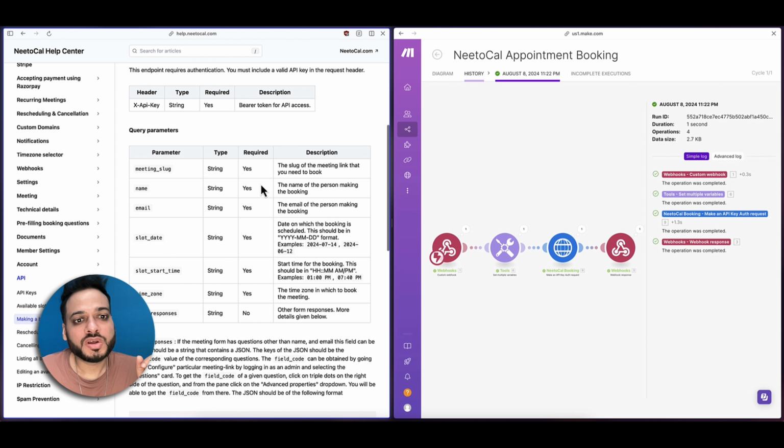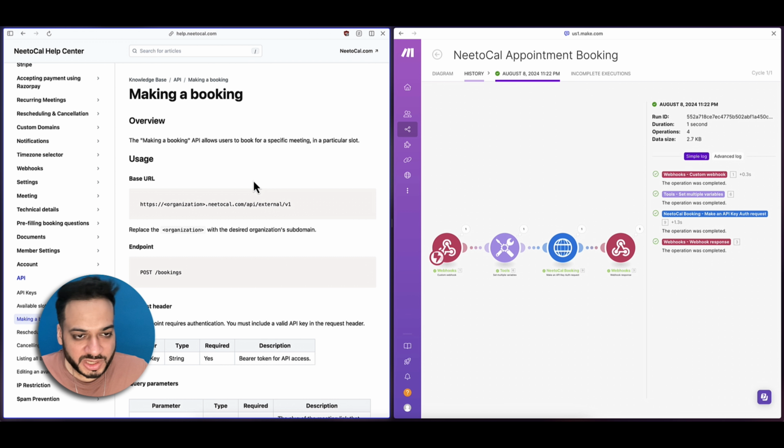So I think the main takeaways would be to learn how to work with APIs, to make sure you abide by the type of format that an API accepts and only pass that format, because otherwise you will just be getting errors. And then to figure out how to convert the data that you are getting, which is not in that format, to that format in which you can pass it to the API. And for that, we have used ChatGPT. And you can use NeetoCal because it offers all the API endpoints which are required for such a service, especially making a booking or booking a slot, which other calendar services simply do not offer. And that is how you can create an online 24/7 available customer support AI for your business.